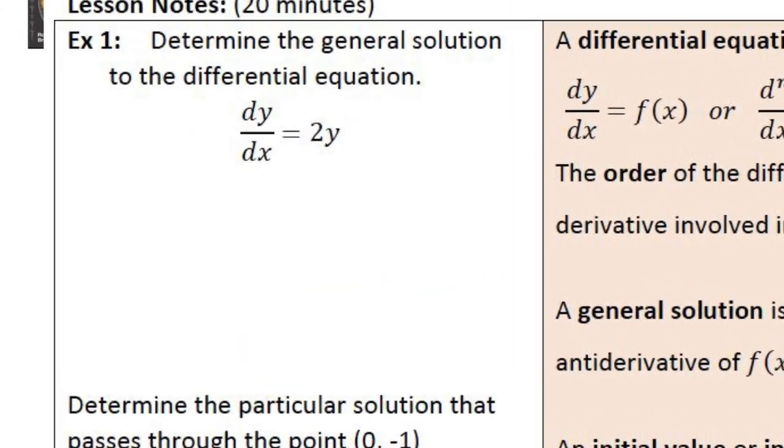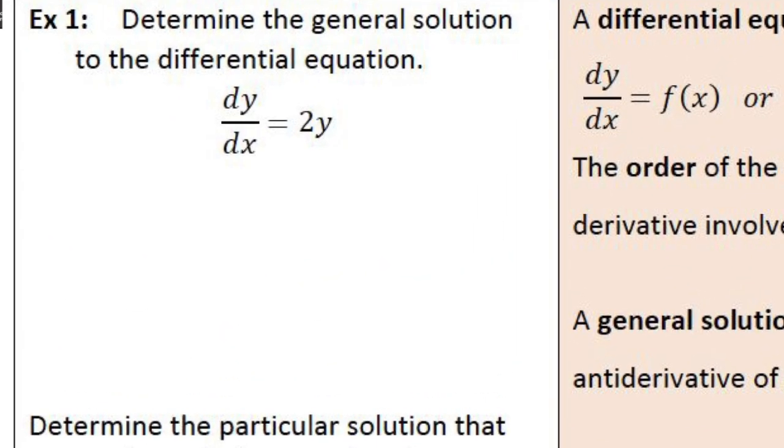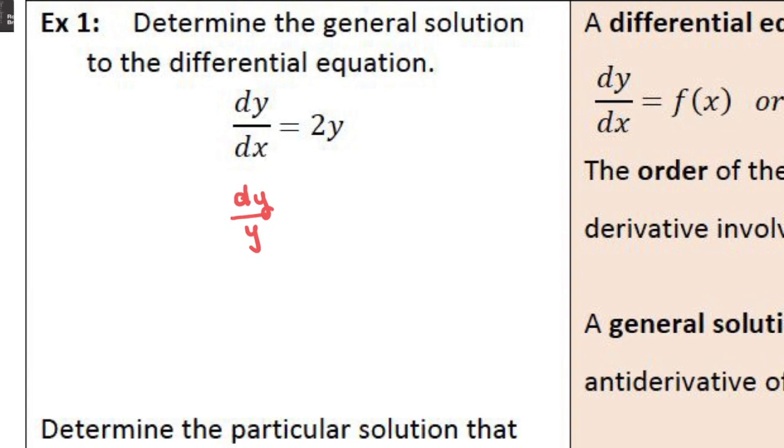For our first example, we're going to take the problem from your lesson preview and solve it. First, we're going to begin with separating the variables. We want y's on one side and x's on the other. Once you have your dy over y equals your 2dx, you can integrate. So when we integrate, we're going to have the natural log absolute value of y is equal to 2x plus